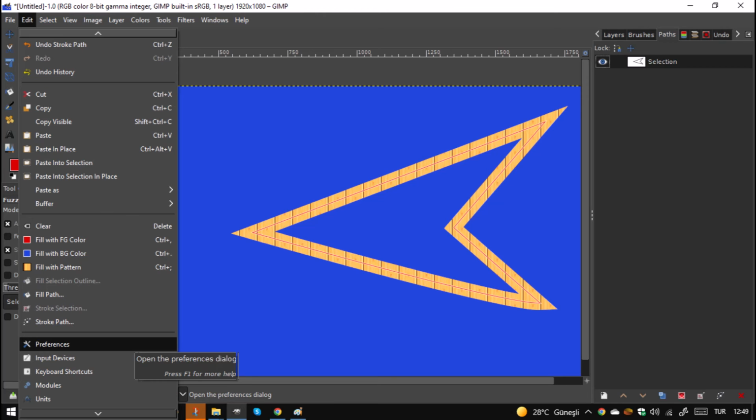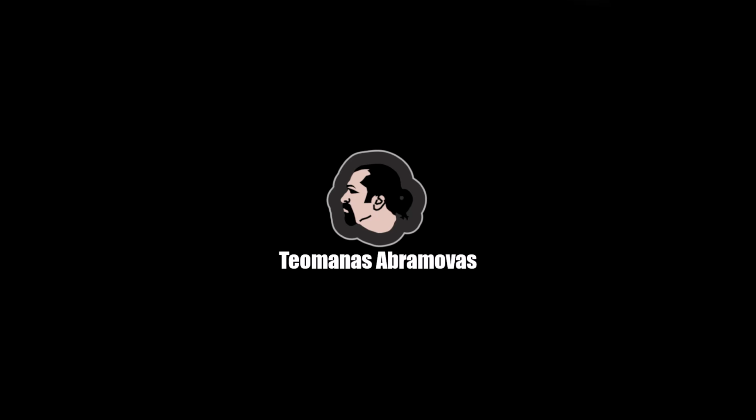Fourth group is for editing the program's interface and other important details. First option is preferences. You can change the interface and layout of GIMP from this section. We will talk about it later in detail. I don't suggest to change things with other options if you are a newcomer. In the next episode, we are going to talk about the selection section of the menu.